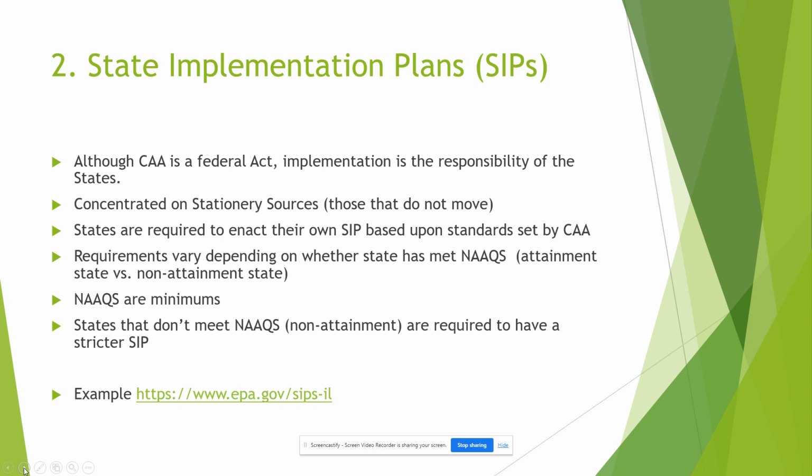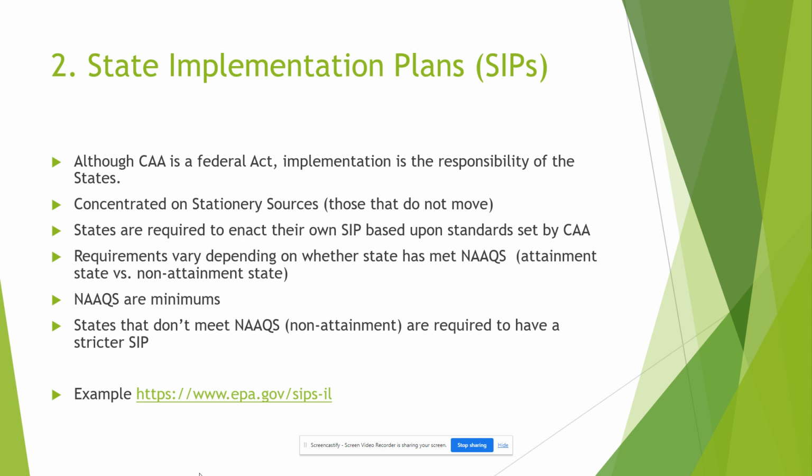So what happened was, the EPA creates these NAAQs for those six criteria pollutants, and then each state is required to come up with their own plan to meet these standards and not exceed these standards, right? And they are called state implementation plans. So this is kind of your second tier, or second part, of the Clean Air Act. And they're called SIPs, state implementation plans.